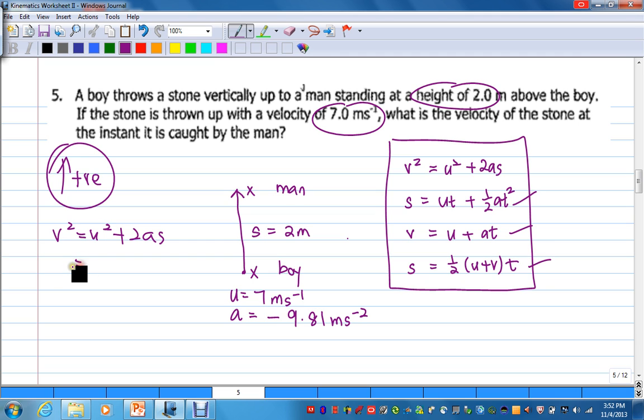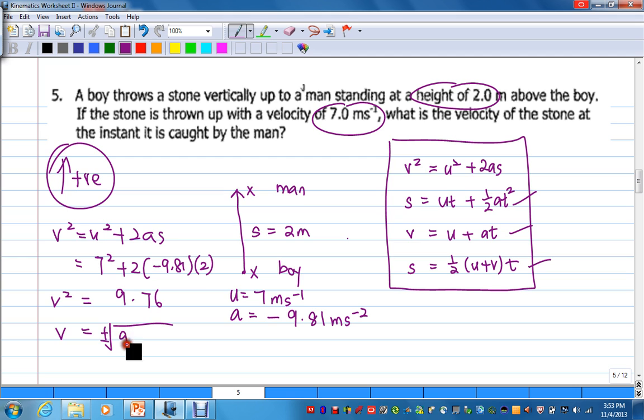So now we substitute: U is 7, A is minus 9.81, and the distance is 2. So that will give me V squared equals to... you should end up with 9.76, and then you take the square root of it,